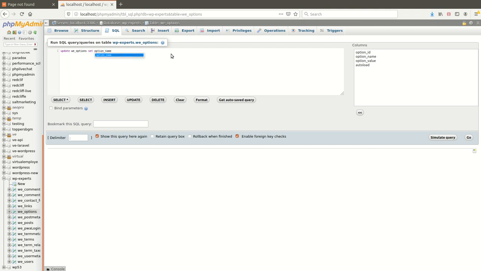Sorry, you need to define the option name, that is option_value, equal. Now you need to use the MySQL replace function. You need to define the same option_value.